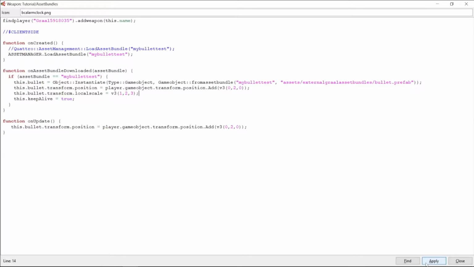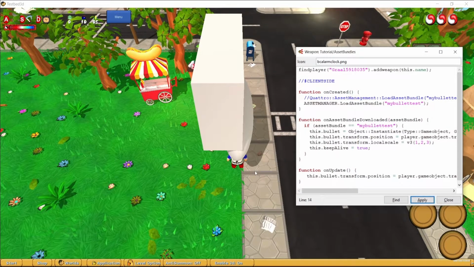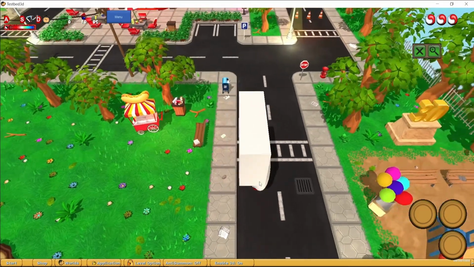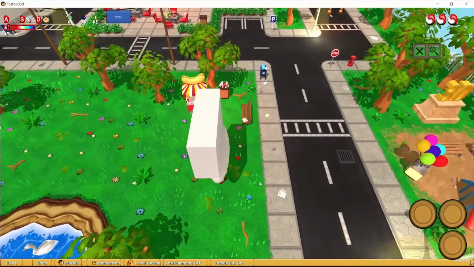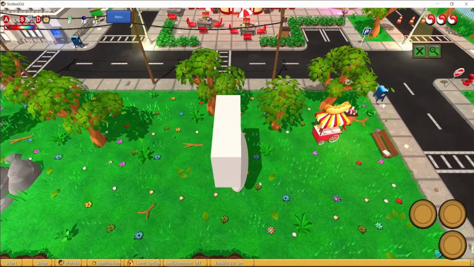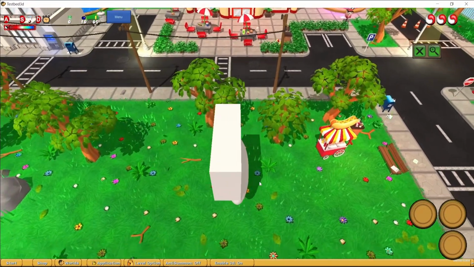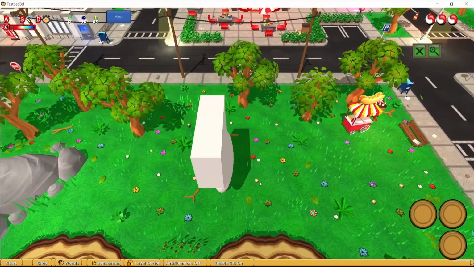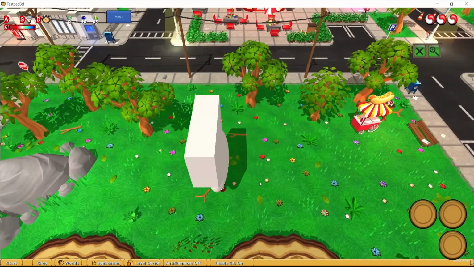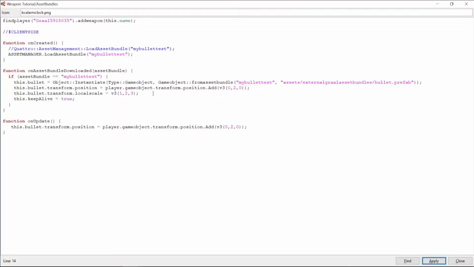Now if I run this code and hit apply, as we can see, the scale is very different. It has extended on z, which is the depth, and extended on y, which is the height, and is the same on x. Now, if we want to actually use the vectors and math, exactly what we do with the